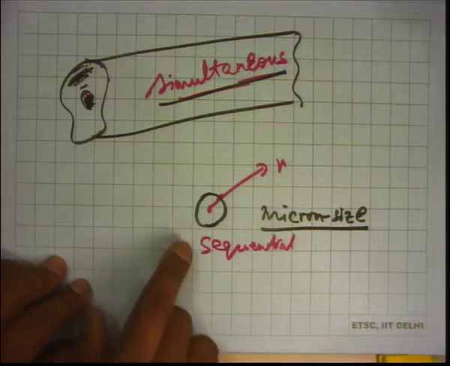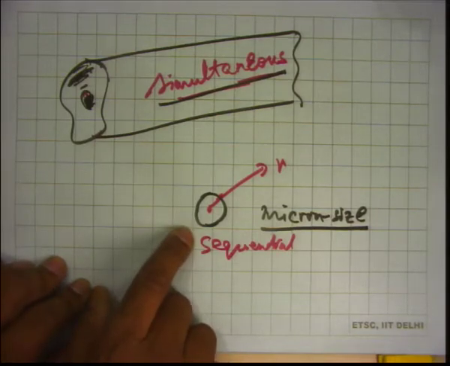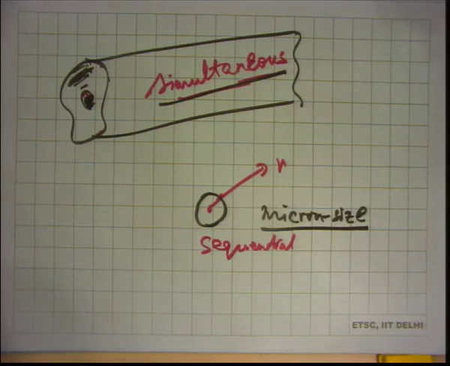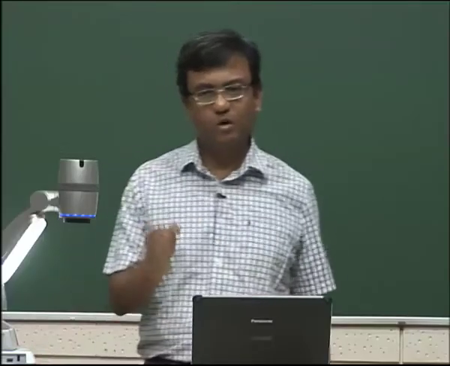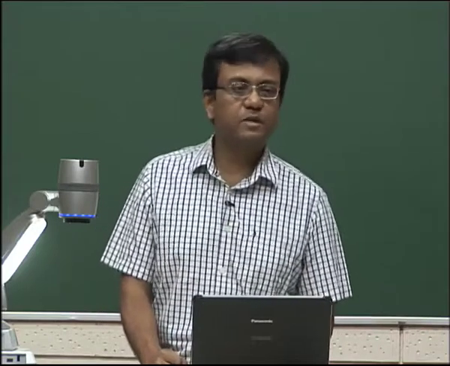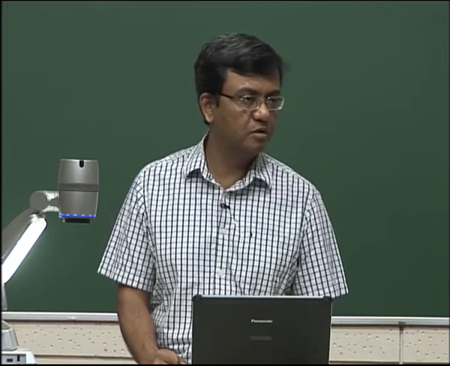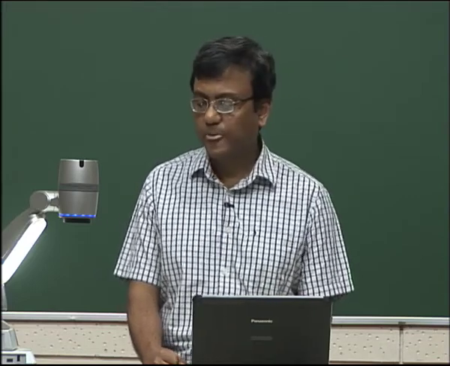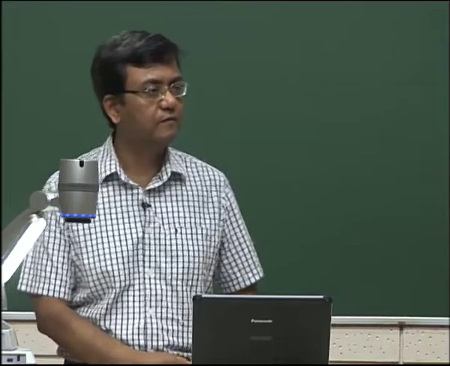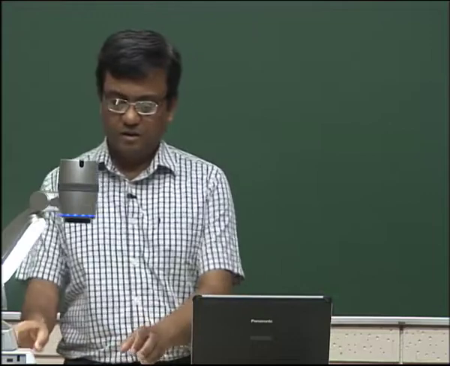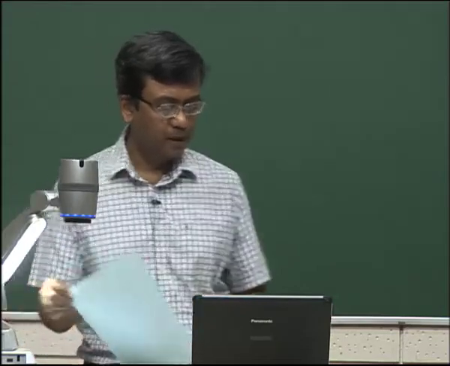Now, why do we break it into small sizes? Again, same logic as what we used for breaking a liquid stream into a spray with small droplet sizes, because unless these are small, this combustion is going to take a lot of time. In fact, solid fuel combustion will be even slower, and char combustion is in fact very slow. Char combustion is really slow. Since char combustion is really slow, you have to break this into very small particles, and even then it takes a lot of time. Now, to explain this situation, I will just show you a